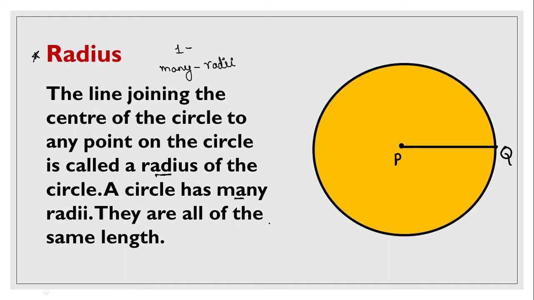And all the radii which you draw, however many you want to draw. Suppose I start from P and take another point R. And suppose I join this R with P. This is also a radius. It should be a straight line. And all these, PR and PQ, will both be of the same length. Suppose PQ is 5 centimeter, then PR is also going to be 5 centimeter. So again I repeat, children, what is a radius? A radius is a line which connects the center of the circle to any point present on the circle.